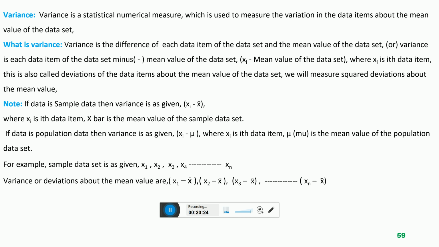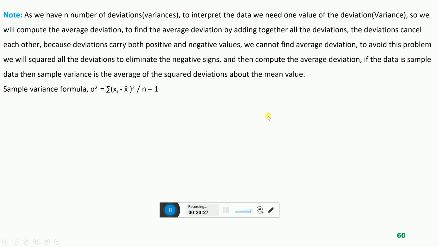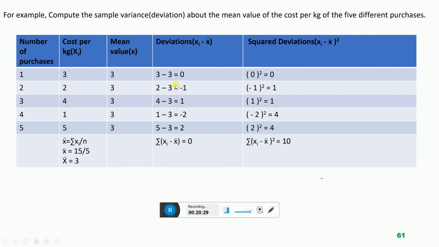Now let us explain this with an example. For example: compute the sample variance about the mean value of the cost per kg of the 5 different purchases. I'm again repeating, calculate the sample variance for the given data about the cost per kg of the 5 different raw materials. Means we have to find